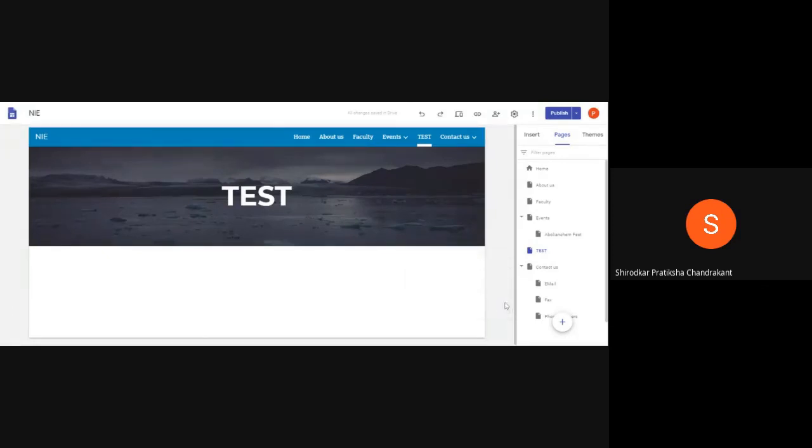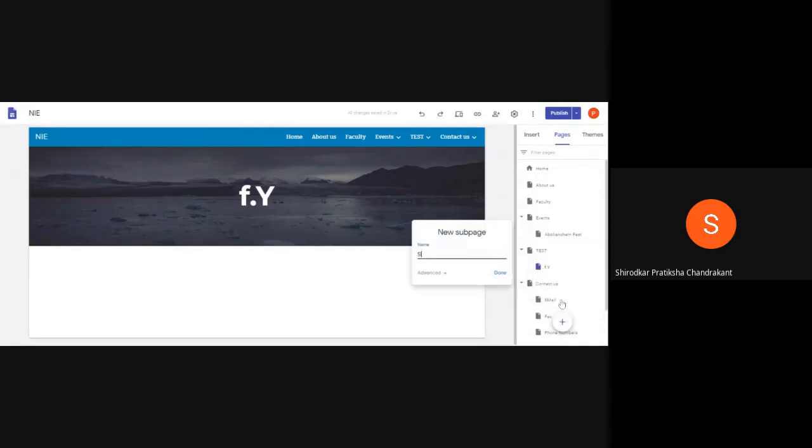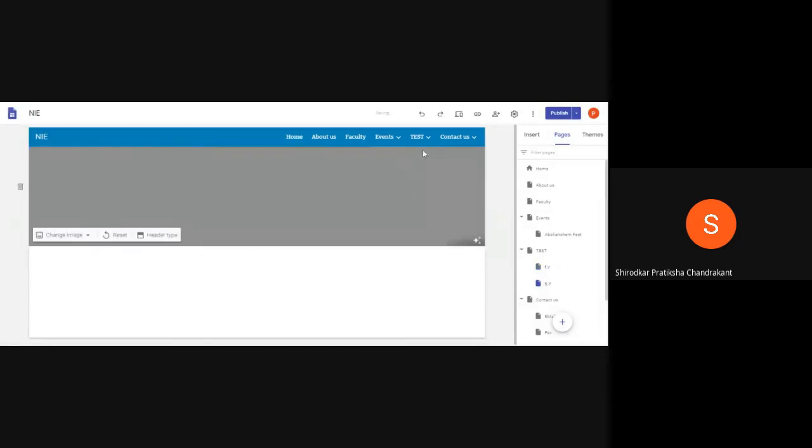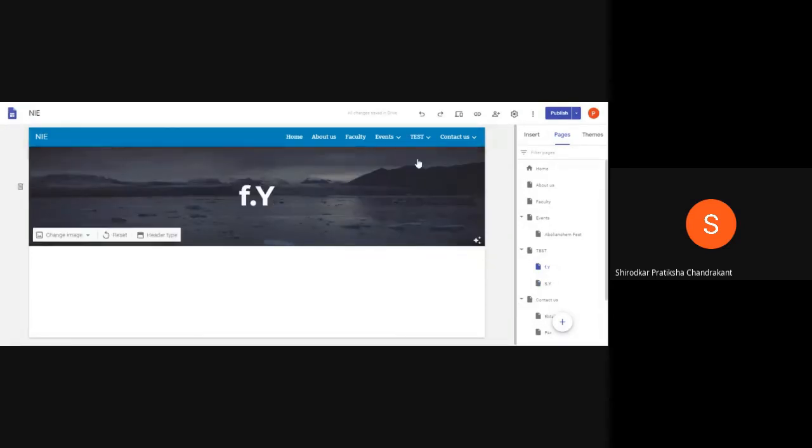You can add another page for SY, and in that you can add the material. So if I go to the FY page, I can add links, I can add text, I can add instructions here, I can give them links to various YouTube videos which will be useful for them for their exam.